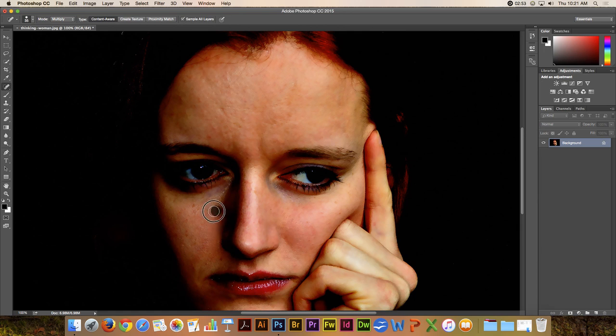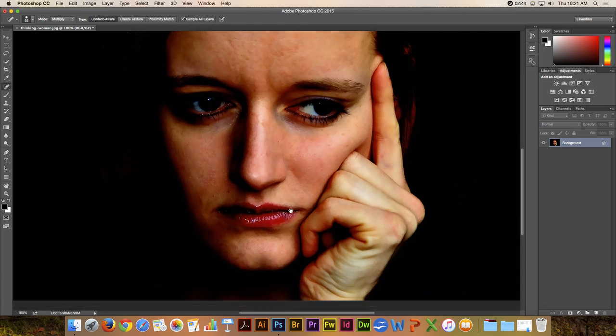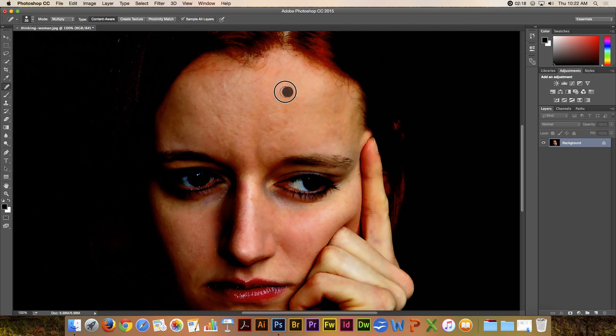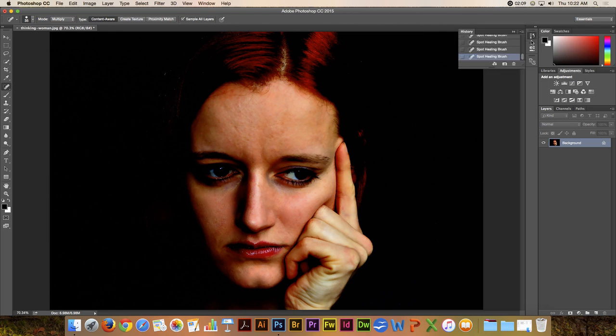So I'm just going over some areas that still look a little bit rough, but hold my space bar down so it turns into my hand tool, and then I can